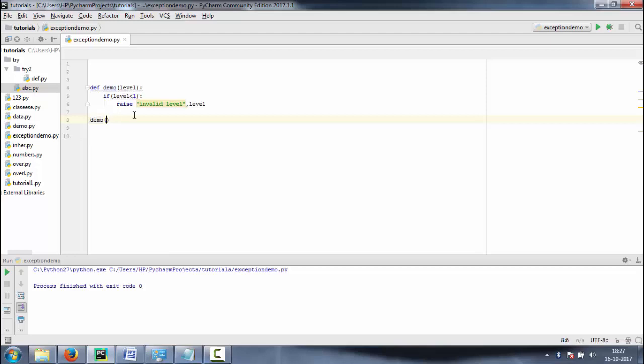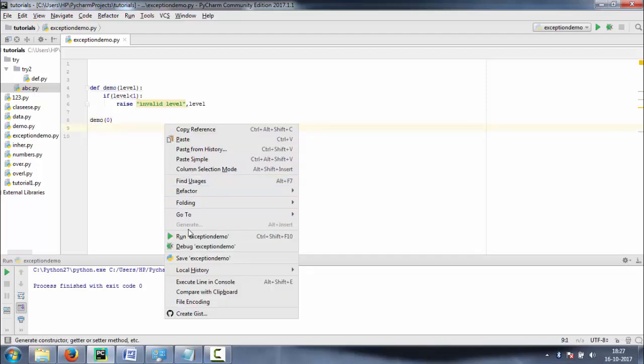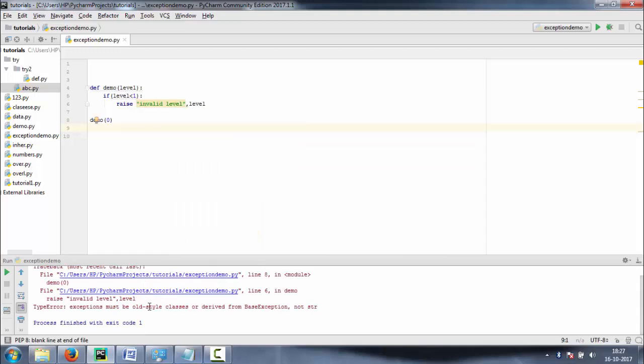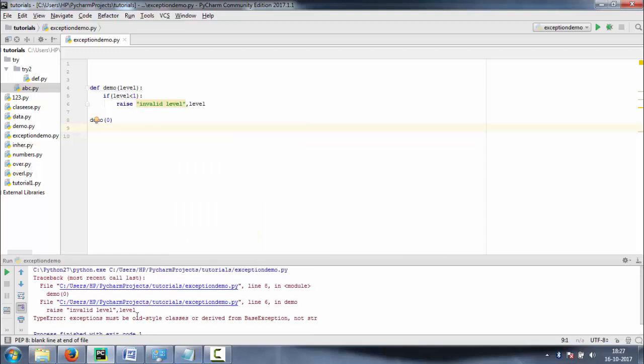Let's suppose we're passing 0. See, it will raise an exception, invalid level. So basically, to make our own exception, we use this raise keyword.